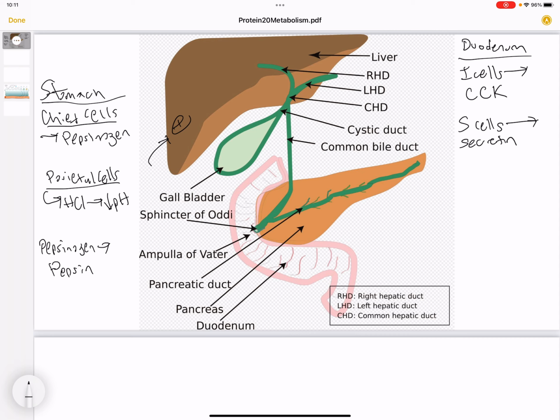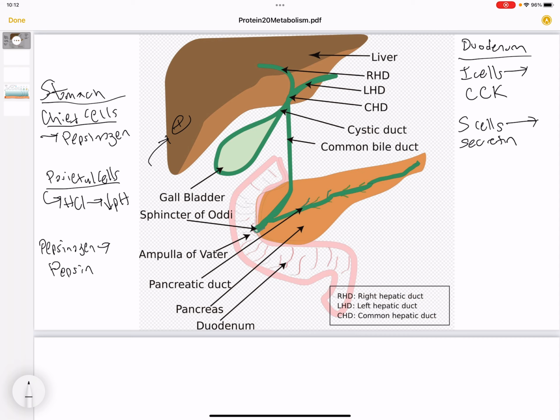This is very important because our pancreatic enzymes need a certain pH level in order to function appropriately, and secretin is going to be the hormone that is going to be doing this. Now, secretin is going to control the pH of our pancreatic juices. It is going to increase the pH of our pancreatic juices,